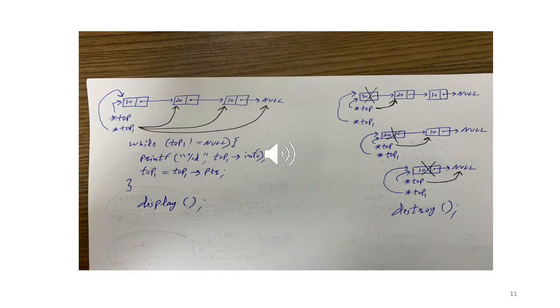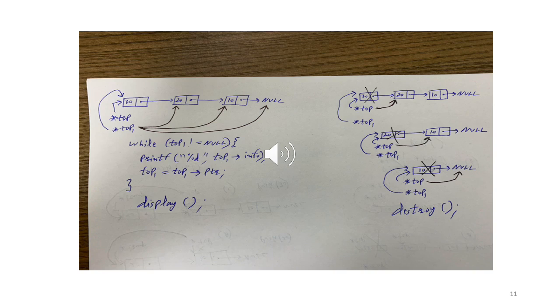Okay, so now I am on slide 11, and as you can see in slide 11, we are going to discuss two more functions, display and destroy. So display is just a walk across the stack and printing elements. So in the current picture, you see a stack with 3 elements. First we added 10, push 10, then we push 20, then we push 30. So the way we will print is, we'll first print 30, then we'll print 20, then we'll print 10. So this is similar to walking across a linked list, which we can easily do because the links are already present.